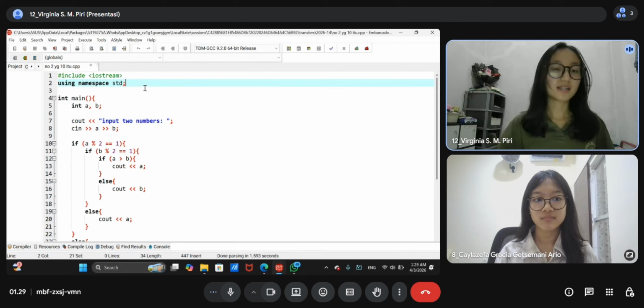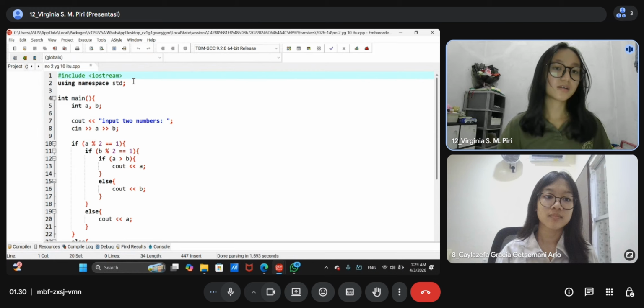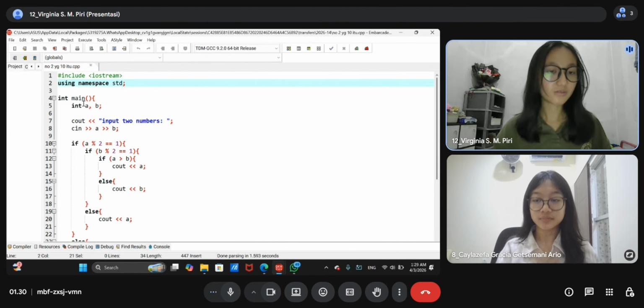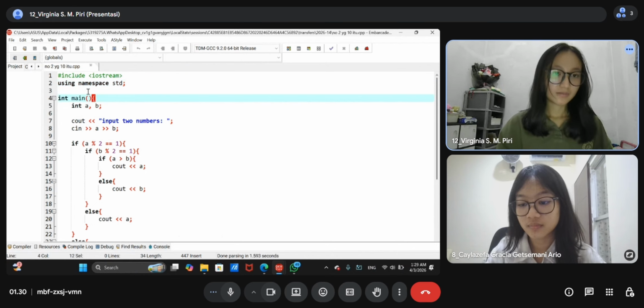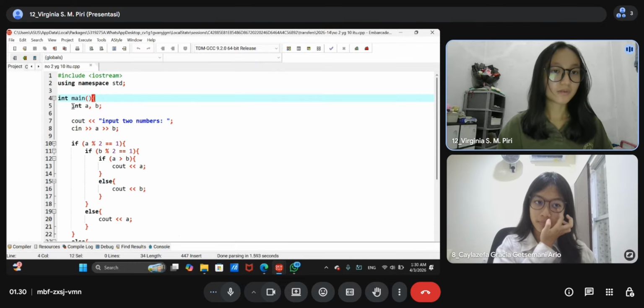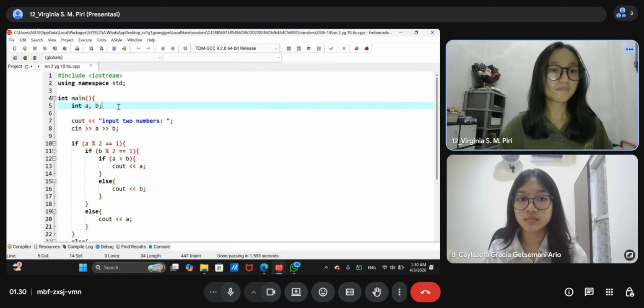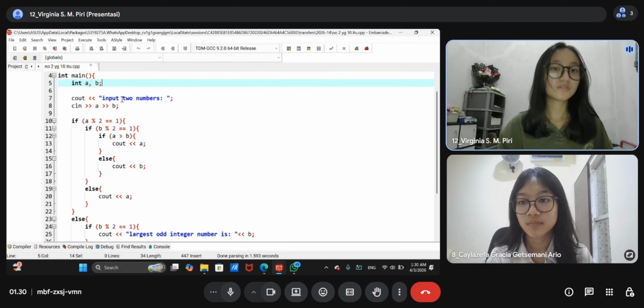So, as Kyla mentioned before, we always type this one and then we use this one so that we don't have to write it down in every order. Okay, so now we get into the main program and we use integer data types a and b, and then we print, or in C++ language we use cout, input two numbers.